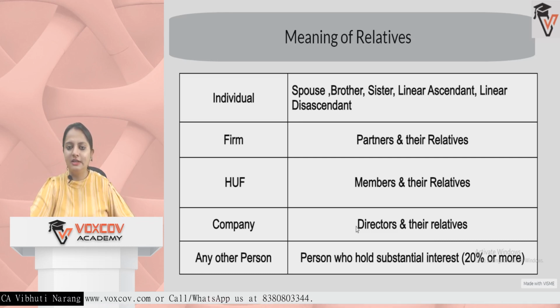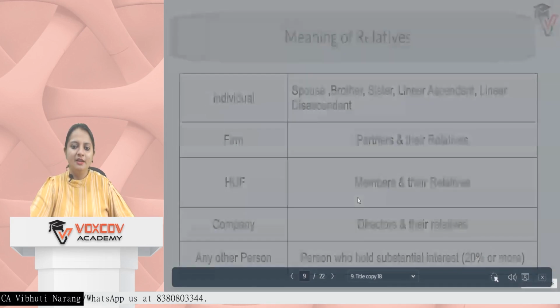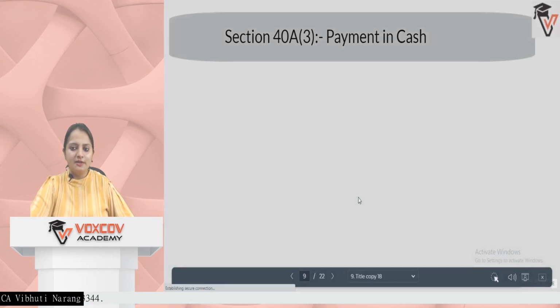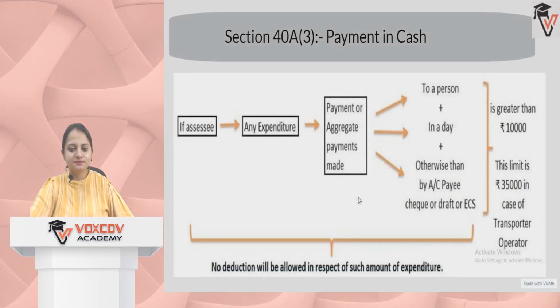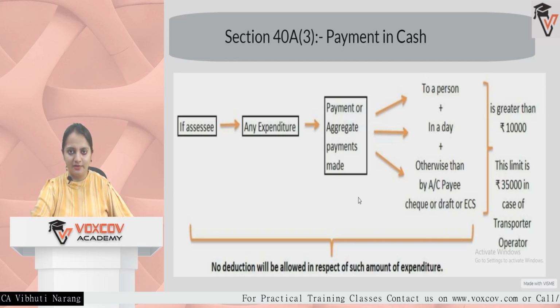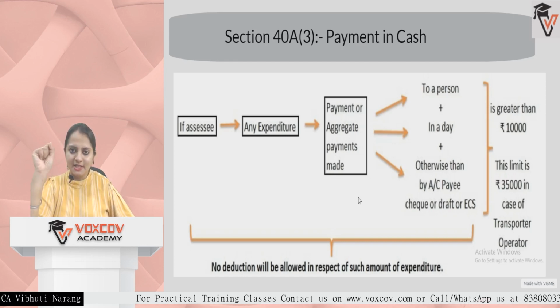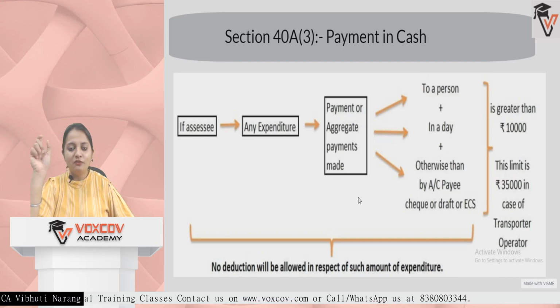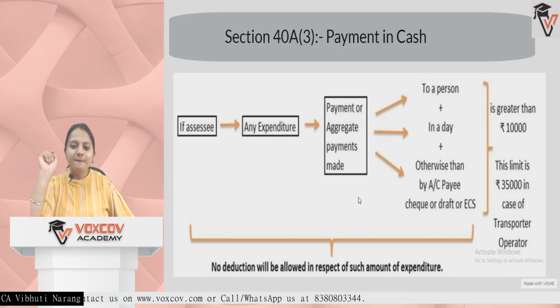Other than this, the list is given. Next, which is very important, and this section is relevant in almost every other section of the expenses allowed part we have done. So whenever an assessee is making payment of any expenditure, the payment or aggregate payment made,